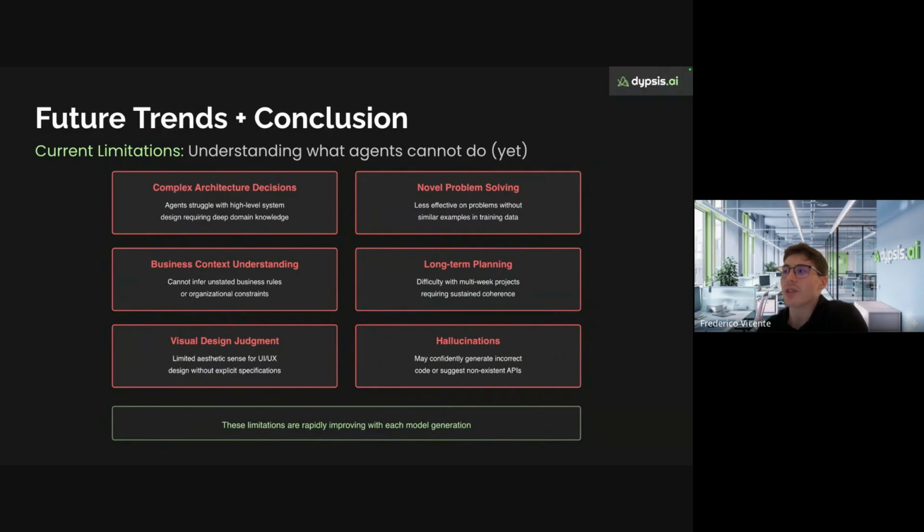They can still hallucinate a lot. That's why it's important to really guide them to follow what you want and the context that you can provide. For instance, business context understanding is something that humans can provide. The system will not know things about the domain of your problem if you don't tell it, because each domain is very specific. So you have to be careful with these limitations and try to really help the agents overcome these problems in some way. You have to be a little bit intelligent to overcome this.